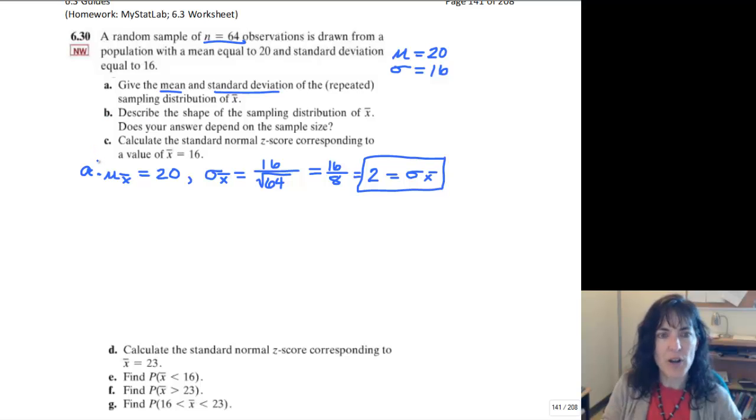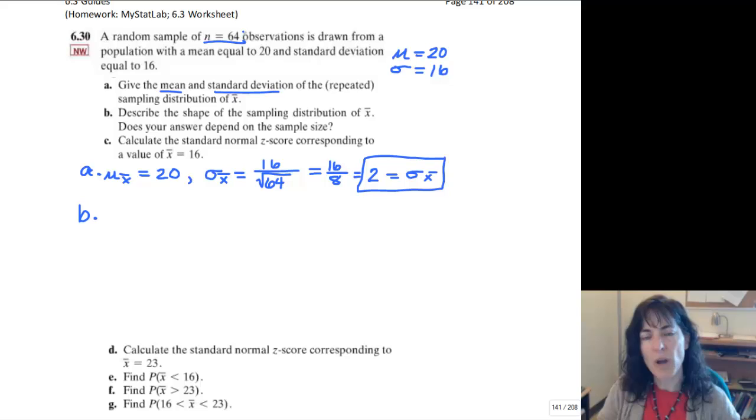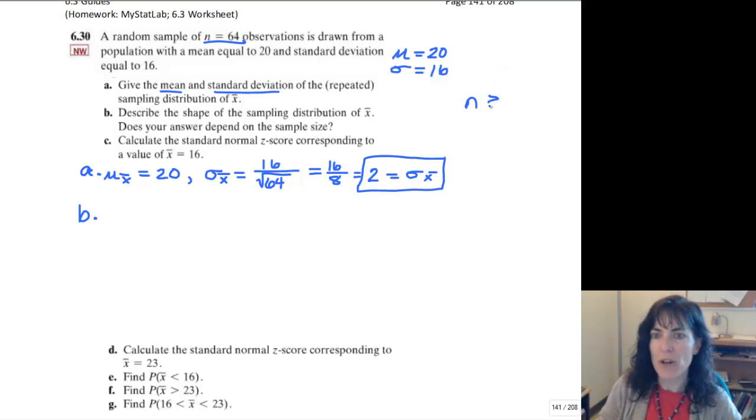Box that up. That's part A. Part B, describe the shape of the sampling distribution of x bar. So remember, when we're thinking about the shape, we have to think about our magic number, and remember for that our n had to be greater than or equal to 30. And we have 64. So the shape